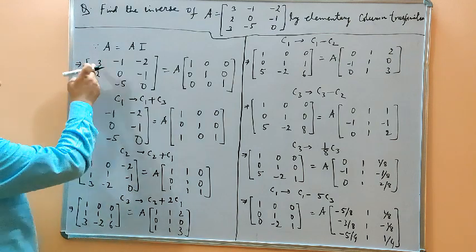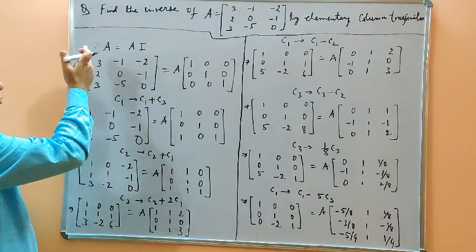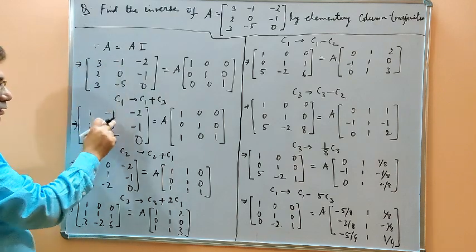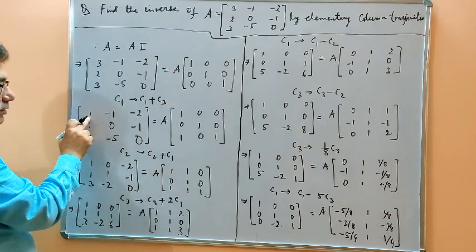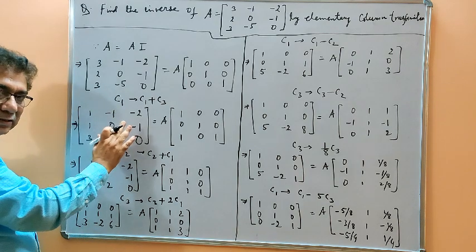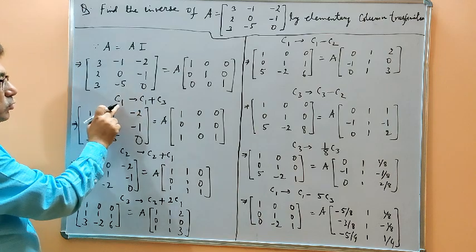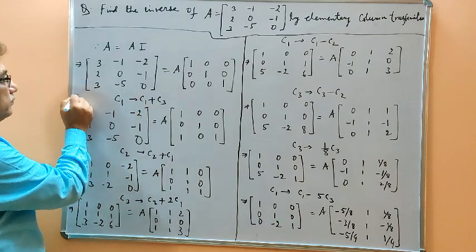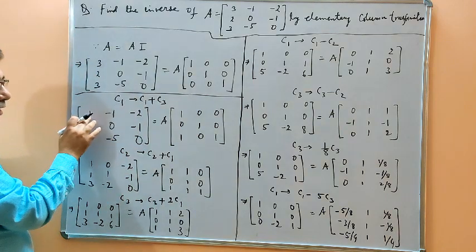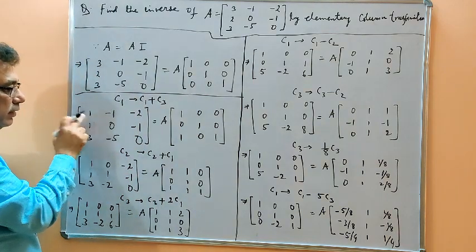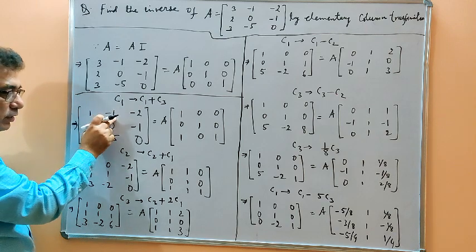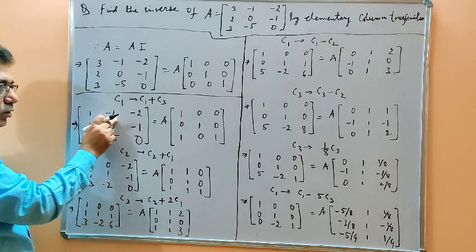That's why in column 1, column 3 has been added, because 3 minus 2 gives you 1, and this is the result of that operation. We have to concentrate only on this part, not on the others. They will follow automatically. So this was the first operation, to get 1 at the place A11. Okay. And after that we need to have 0 here, using this 0 and again 0.